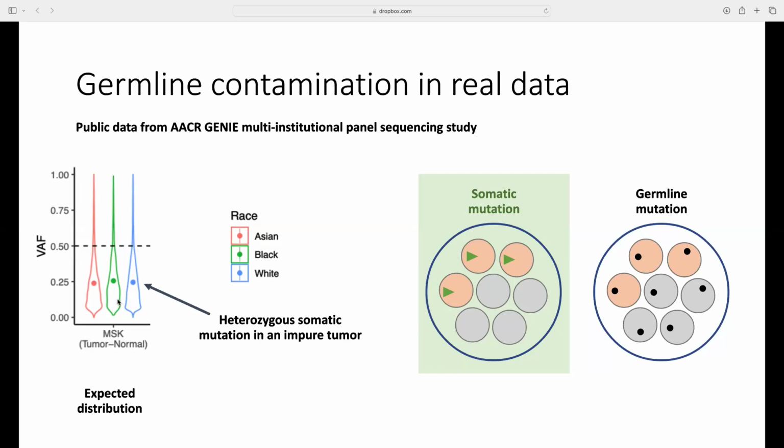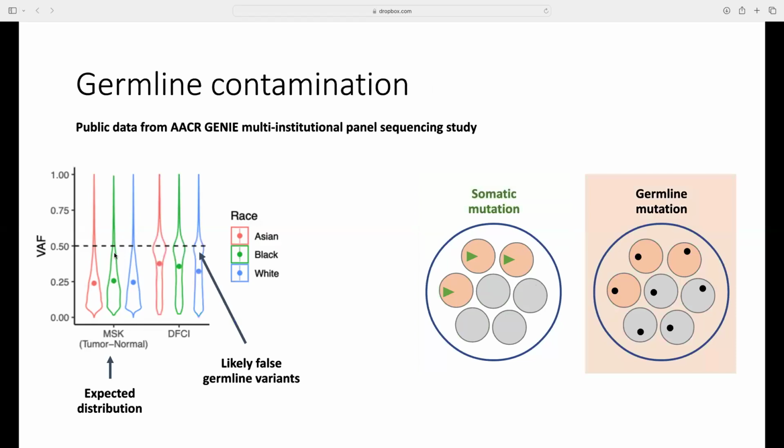And so when we look at data from Sloan Kettering, which is a gold standard tumor normal matched filtering process, we see exactly that distribution. Most of the mutations that get called have a median variant allele fraction of about 0.25 because they're in half of the tumor cells, and then the tumor cells are only about half of the tissue that was collected. And we also see no significant differences here as a function of the patient race in this cohort. We didn't have ancestry available because this is public data.